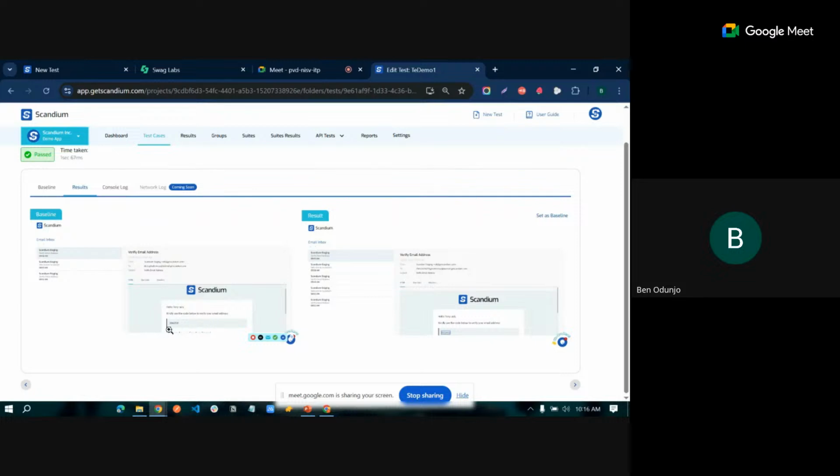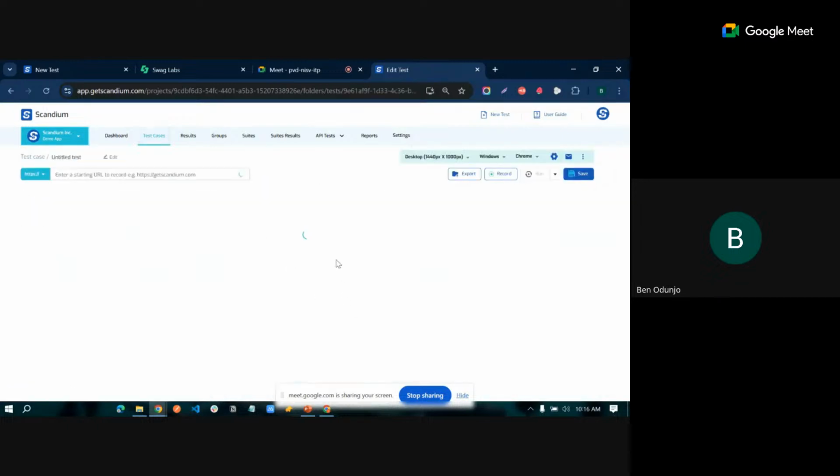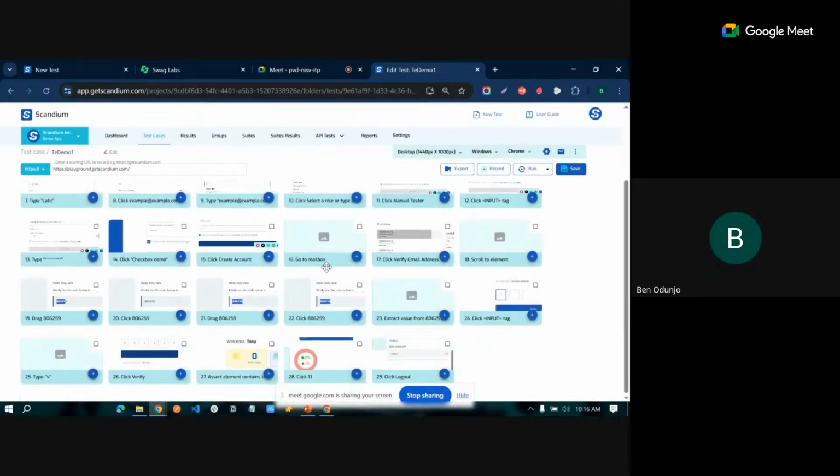And also, say you have the email address, the OTP rather. You want to copy this. You want to extract this OTP value and use it for your sign-up flow, which we did. You can then go ahead to extract this. And once you extract it, it is going to create a test step for you that has the value that we extracted. So this is the extracted value we have here,